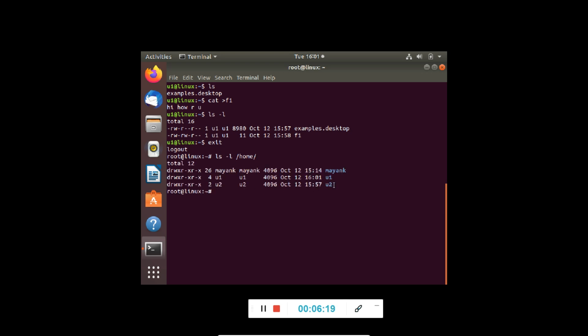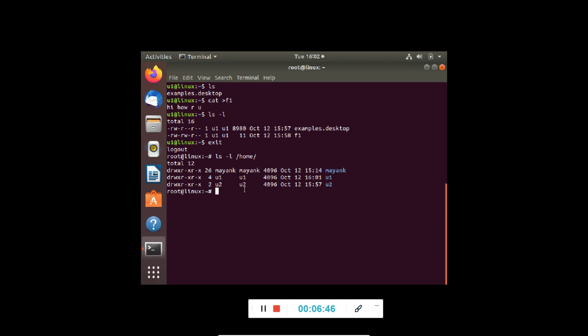This is the U2 directory and the U1 directory, and these are the permissions for U1 and U2. The D denotes the directory over here. In the coming lectures, we will study the permissions of U1 and U2. So U1 belongs to group U1 and U2 belongs to group U2.